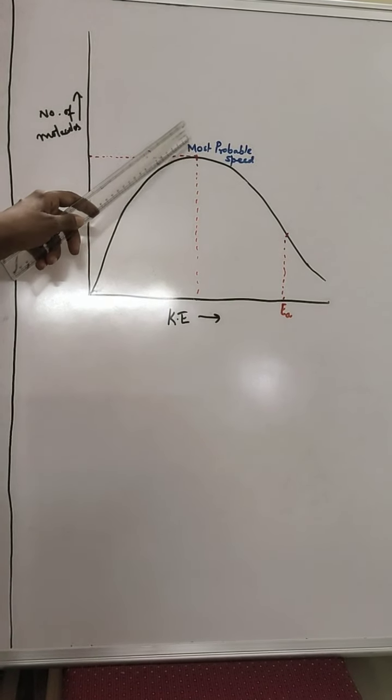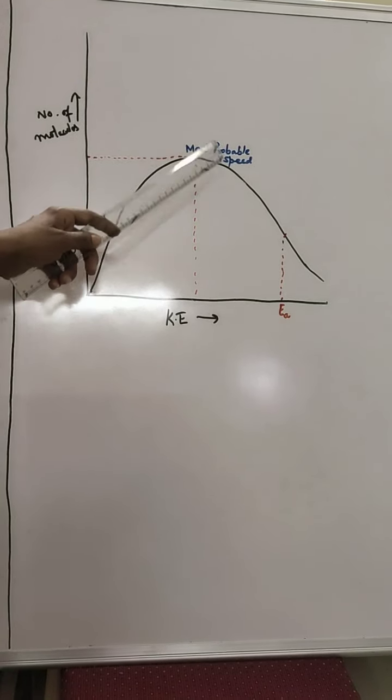That means it is the speed which is possessed by most of the molecules, right? This one, most probable speed, this is the one. Okay, so we can always match it with the y coordinate and we can draw this graph. Now let me simplify this particular graph.